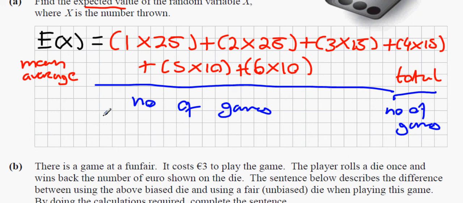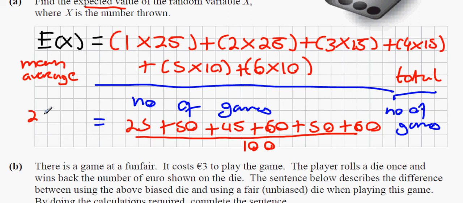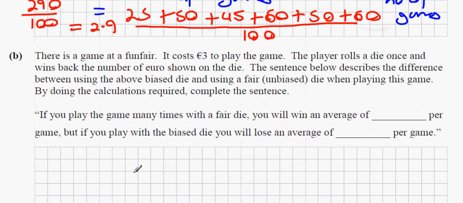So what we're going to do here is we're going to get 25 plus 50 plus 45 plus 60 plus 50 plus 60, all divided by 100. Okay, and when you add up the top, what you're going to get is 290, and 290 divided by 100 is 2.9. So look, there's 2 ways of getting the expected value or the average. Okay,